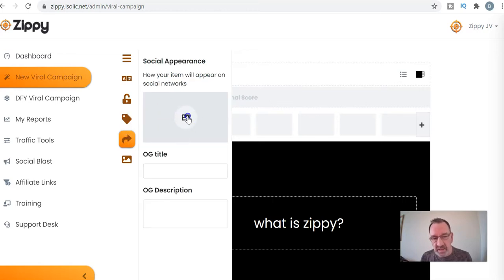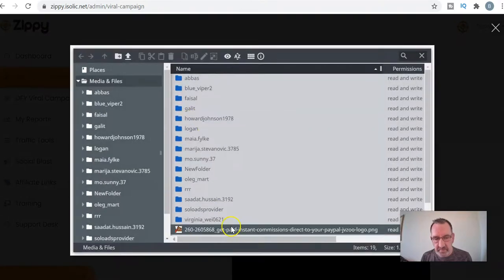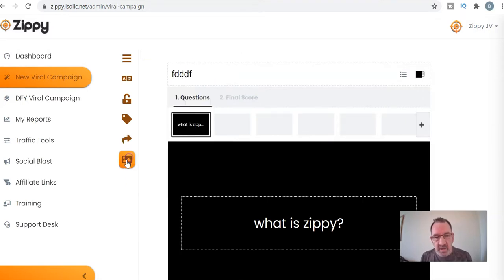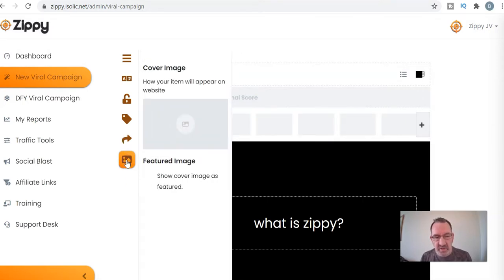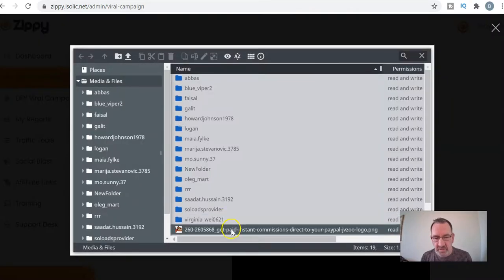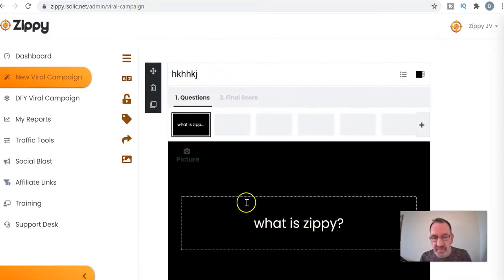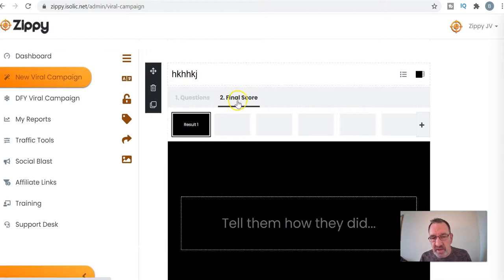In here, you can add an image, and then we give it a title and a description down there, and then there. This is where you'll give it your cover image. I'll just use the same one. The first time round I didn't actually pick up on this. I've just been watching it back, and I just want to add a little bit in here that I'd missed out earlier on. So once we've got to here, we can then come up and we go to final score,